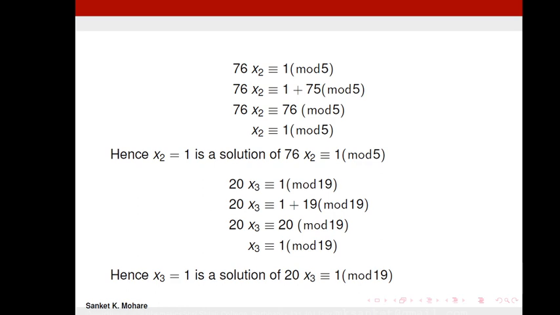So this was the Chinese remainder theorem and examples on the Chinese remainder theorem. In the next lecture we will discuss a new topic, congruence in two variables, and some examples on that. After that we will discuss some exercise questions, and then we proceed to our next important topic, Fermat's theorem. Thank you.